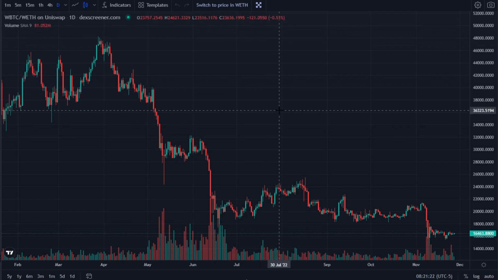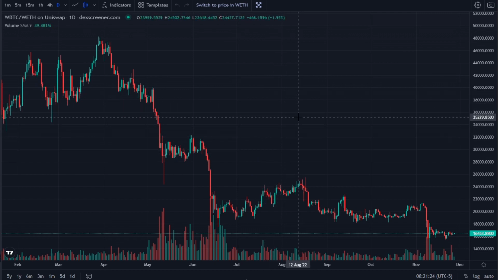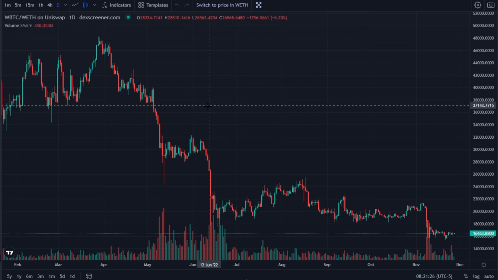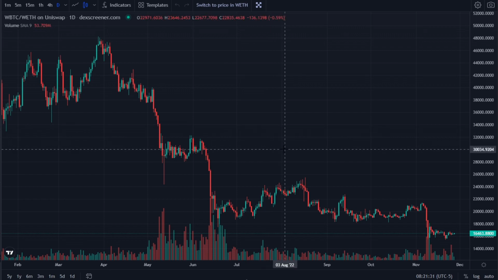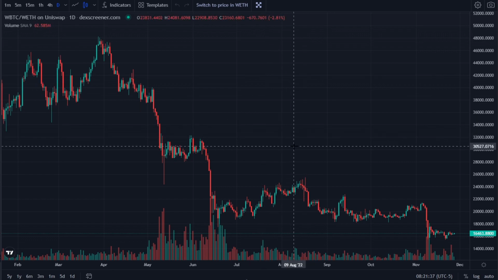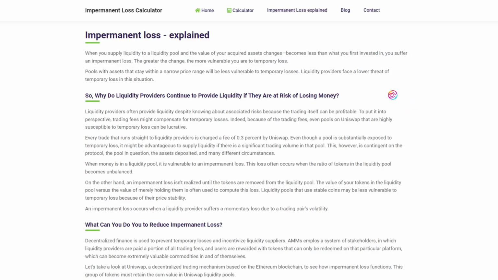Right away, this means that the value of the tokens themselves declining is not the same as impermanent loss. If you have two tokens you are providing liquidity for and they both go down by the same percentage, then you will not experience any impermanent loss, but the value of your LP will be lower. So, impermanent loss is not tied to the change in value of your LP. Rather, it is tied to the relative change in value between the two paired tokens.